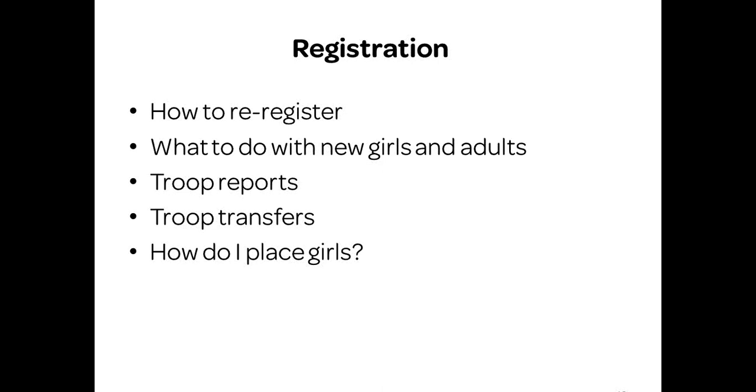You're going to review your reports. Any girl who's moving troops within your community or possibly out of your service unit, you're going to be in contact with your field executive and be the liaison for troop transfers. And as Kay explained earlier, there is an order for how you place girls who are waiting for troops, and you'll see them at the beginning of your reports. Anybody who is not linked with a troop is possibly either waiting for placement or has become a Juliet and needs to be moved over to their Juliet troop. And you'll also see the lifetime numbers in the first part of your report.